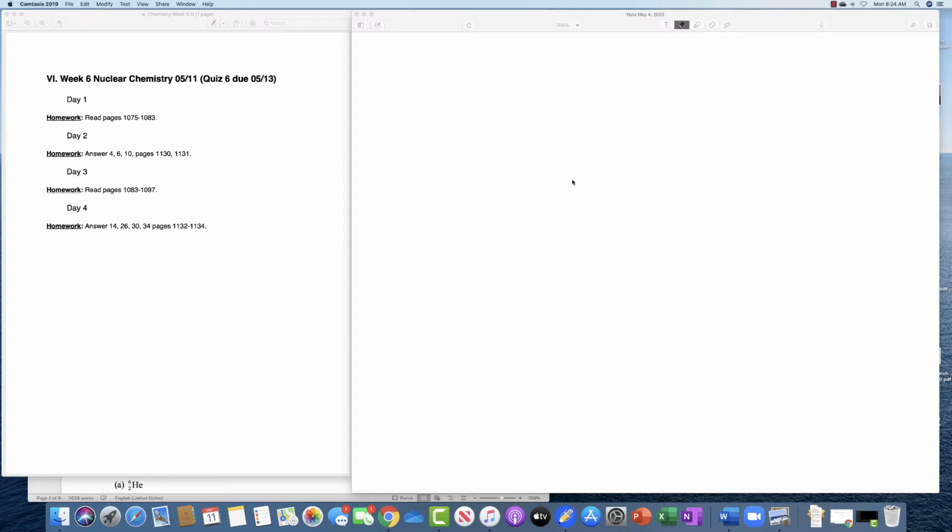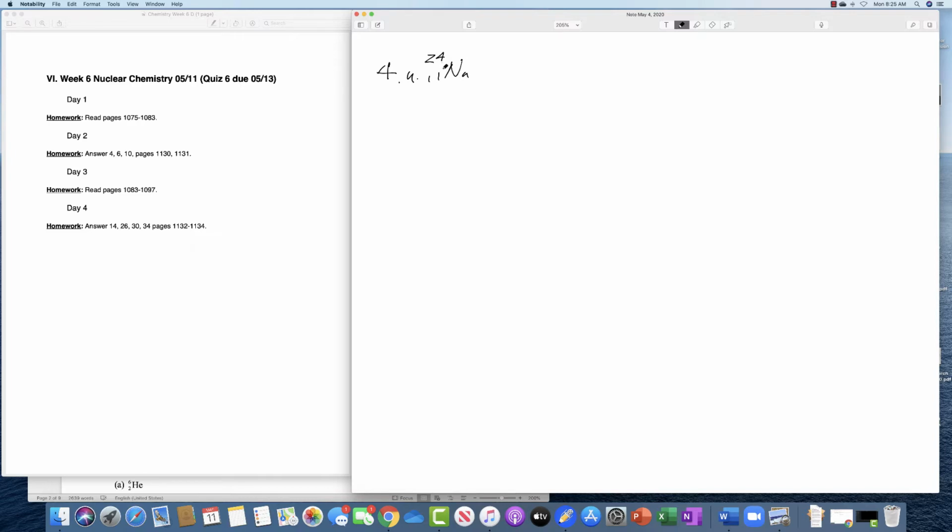So today we're going to go over the homework assignments for nuclear chemistry. And the first few problems are fairly straightforward. The first one states, for each of the following isotopes in exercise 20.1, determine the number of protons, neutrons, and electrons in a neutral atom of the isotope. Okay, so let's take a look at first A, which is sodium,